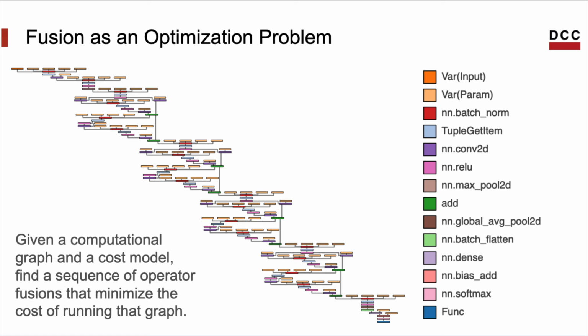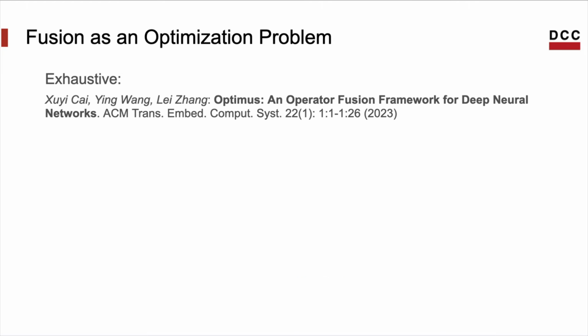This problem is difficult to solve because if we fuse two operators, then we might prevent the fusion of other operators. Also, the order in which we fuse the operators is important. The cost model usually will not be associative when applied onto fused operators. Thus, some typical approaches to find the best sequence of operator fusions will be exponential, as they evaluate all the fusion candidates exhaustively. That's the case of the algorithm proposed by Kai et al., which does backtracking to try all the fusion possibilities. They use a memoization table, like in dynamic programming, to reduce the cost of evaluating all the